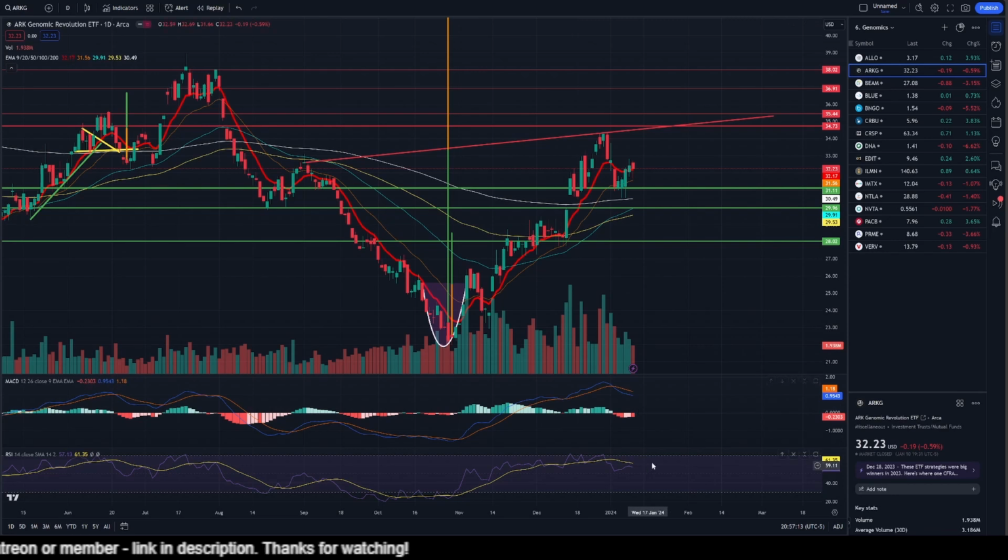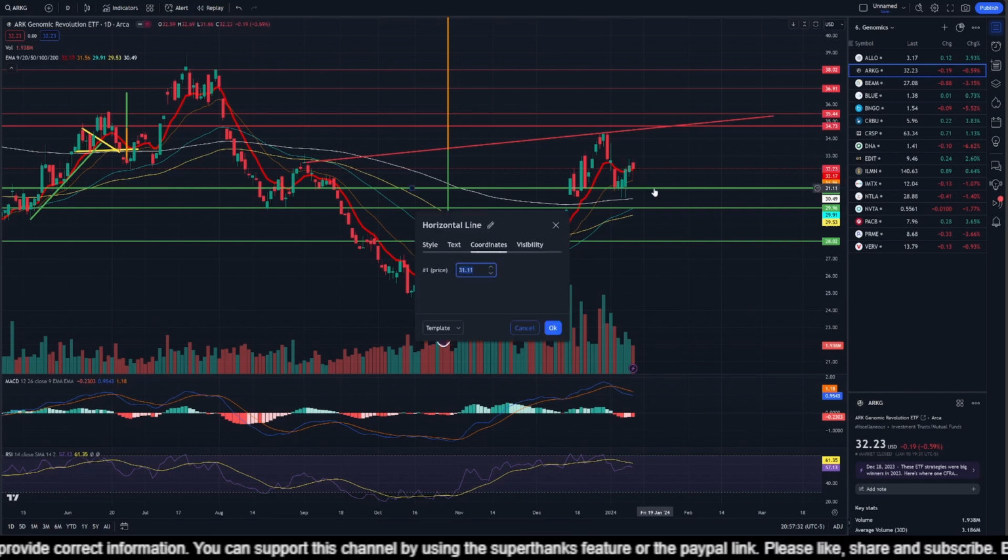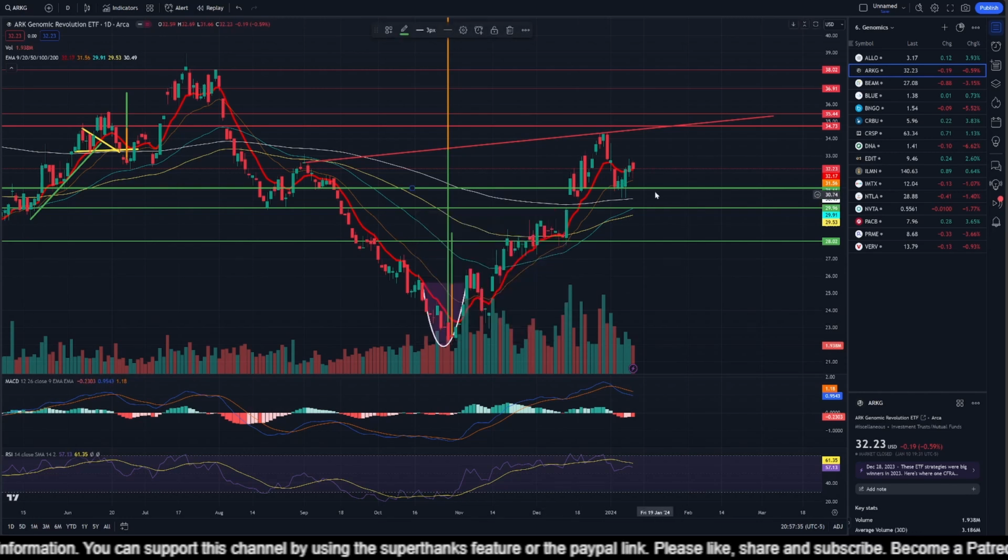Coming back to ARKG, the MACD and the RSI do not seem that great right now, but we don't need this to be a straight line up. It can be a little bit of a consolidation move up as long as it crosses this line without going down below this. I think below this line of 31.11, I think we are going to be good